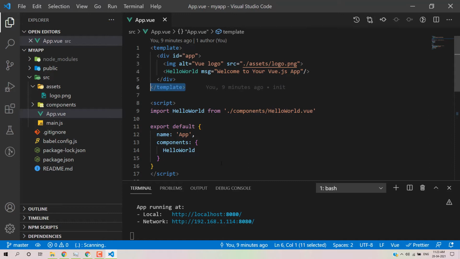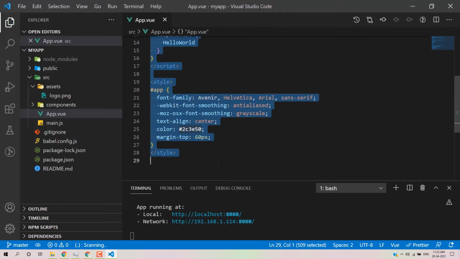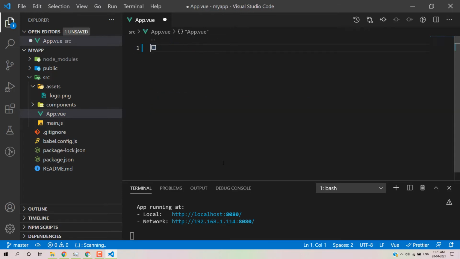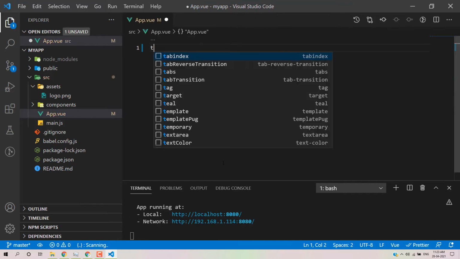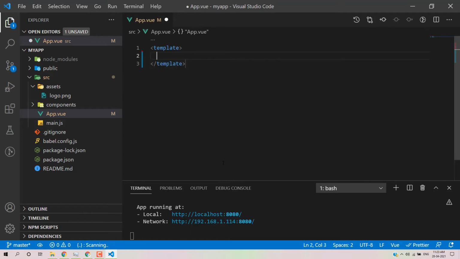Okay, so this is a component, App.vue, and as I told you, each component has three things. You write your HTML code inside the template tag. If you want to work on your JavaScript code, you work in the script tag, and for the style part, you use the style tag.